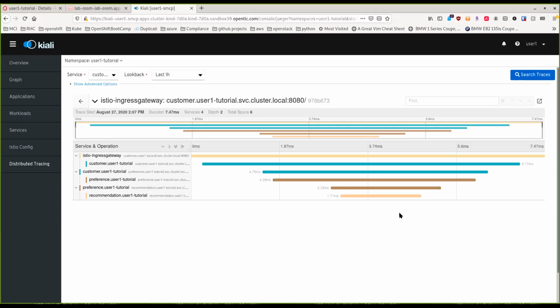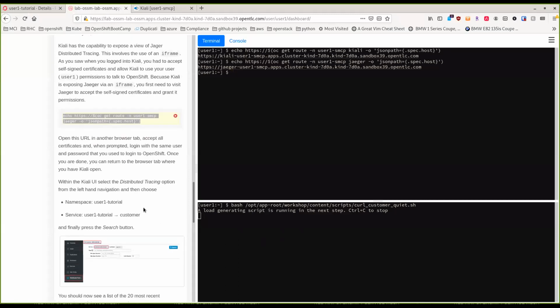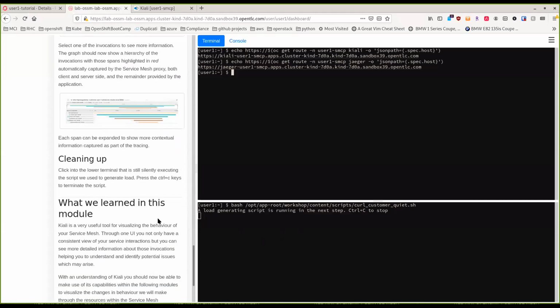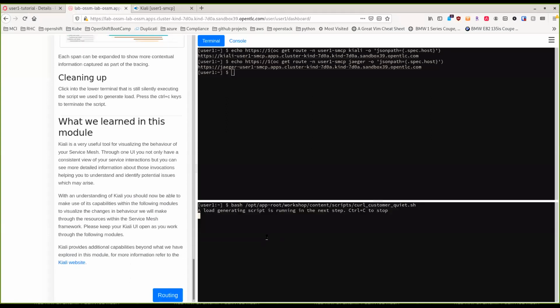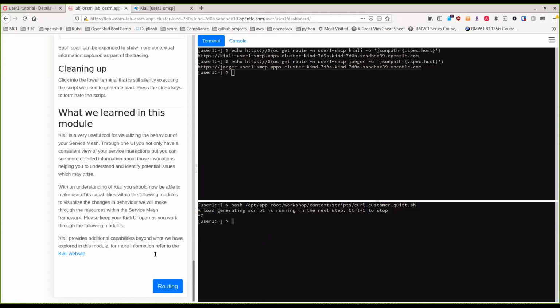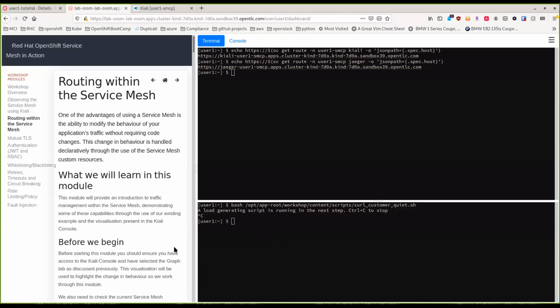So it gives you a lot of good information to start your research, as opposed to just guessing why my application isn't responding as fast as it should. So you can really see what's going on behind the scenes of the service mesh. And that's really just all the instructions. So we're going to stop that load there, and move on to the next little section in this, which